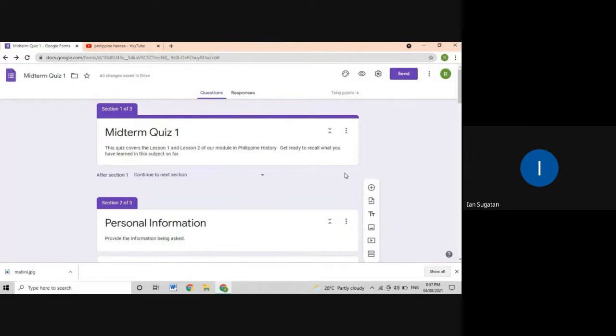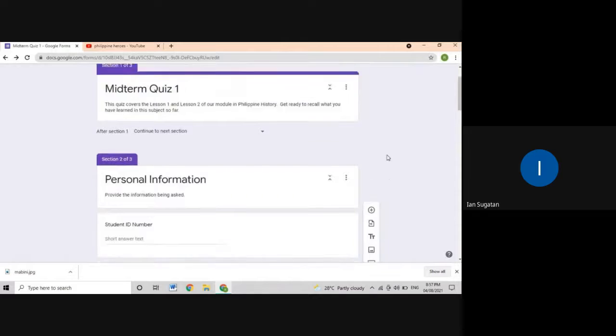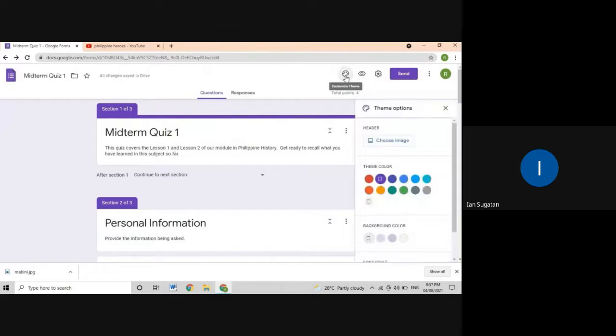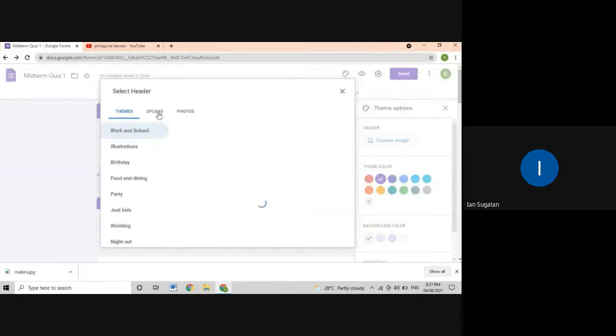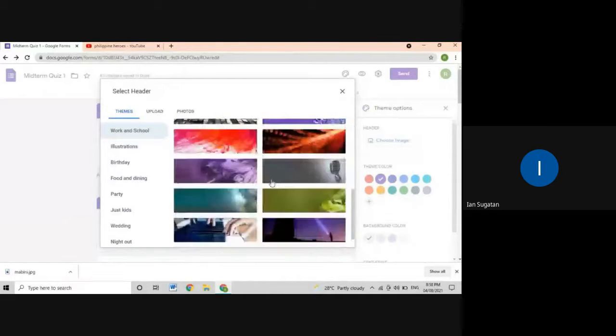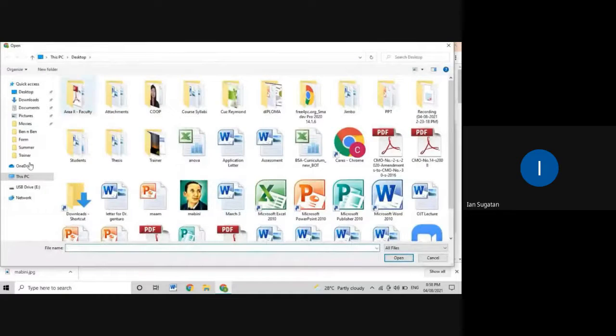Okay, so for instance, we're done creating our questions for our entire quiz. Okay, so we can have here the theme, so we can customize it. So we have here the header, so we can see here at the top portion of the first section, this is filled with text, so we can have image here. So shall we try? We can get themes coming from the default themes that are given here, or we can upload ours. So we'll try to upload if you want to personalize really your